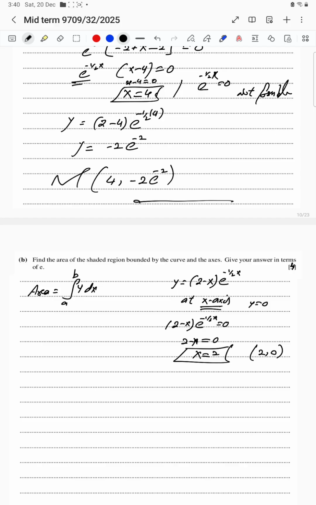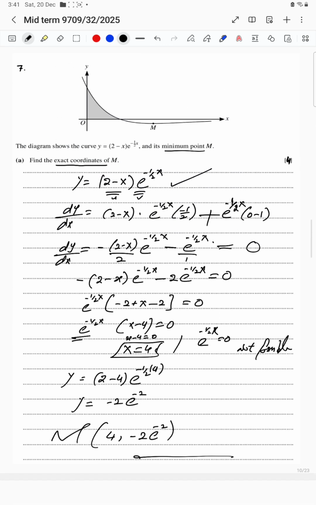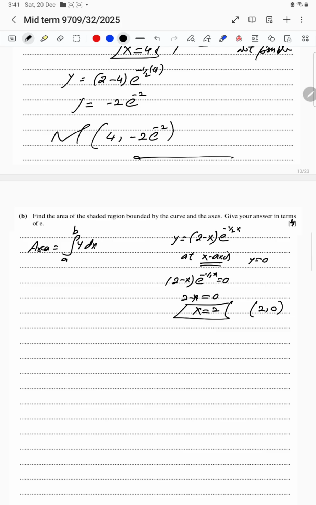And on the y-axis x is 0. So here the curve goes from, and already we know the value of, so the limit will be